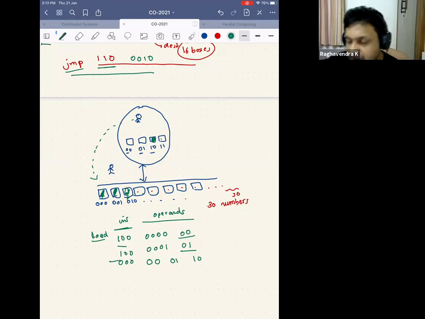Okay. So did everybody understand? I think he's coming from the C programming perspective. He is saying, I will jump. So I have written 3 instructions here. If you see here, I have written 3 instructions.